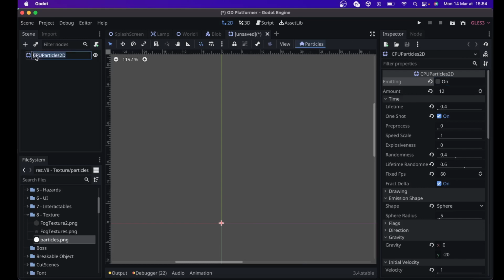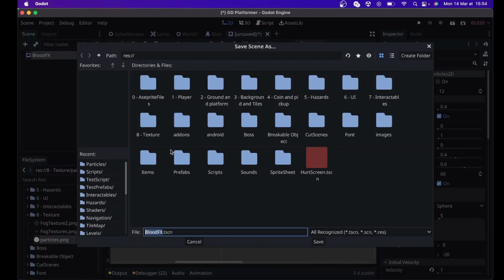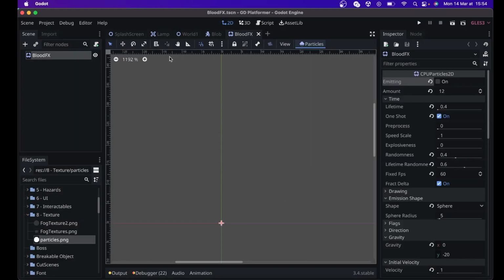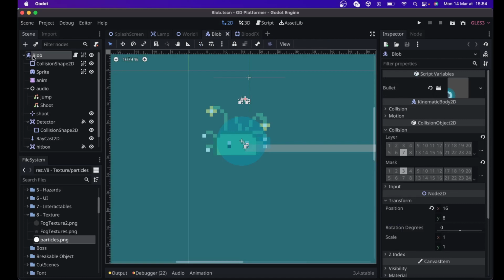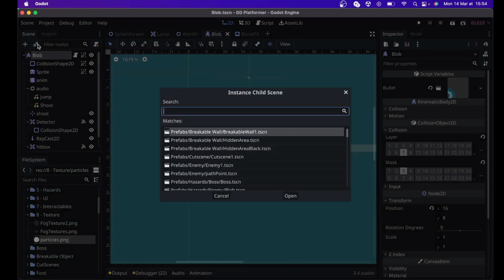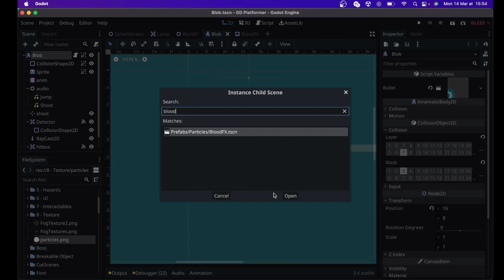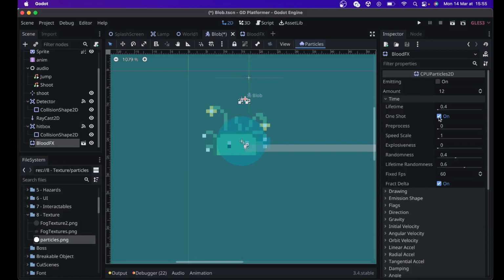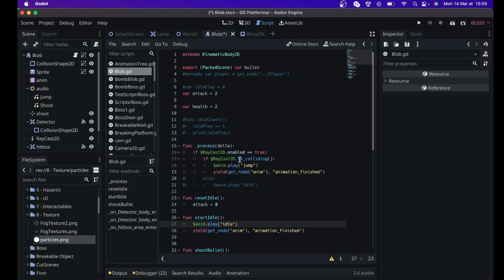And then I'm just now going to show you how you can call that through code. So I'm going to call it blood particle, no, blood effects. It's not really blood, but that's the name I have right now at the moment. I'm gonna save it. I'm gonna put it into my prefab folder, into particles. I've already created some. And so now I'm gonna put it into my blob. So I'm gonna go back into my blob scene, and I'm gonna click on the chain icon. I'm gonna look for my blood effects. I'm gonna put it here. And so now here I'm making sure that I am on one shot and emitting is not ticked, it's off. And so now what I can do is go back into my blob